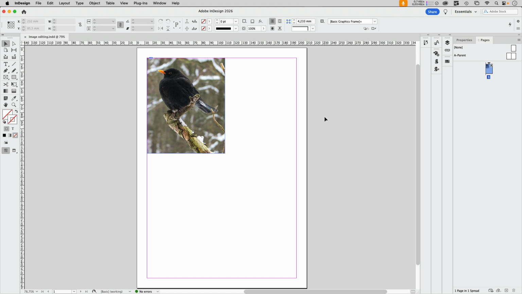InDesign 2026 has the capability to edit images without using Photoshop. This is a beta function. It uses Adobe Express and of course it uses Generative AI. Let's take a look at how this works, where to find it, and why you still want to use Photoshop instead of Adobe Express. So here I've got the first example image, and in order to find the feature, you